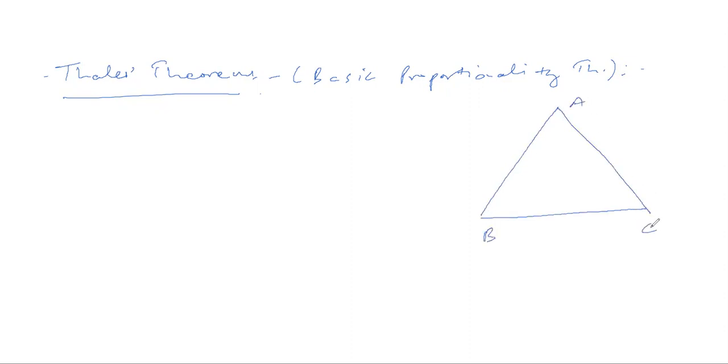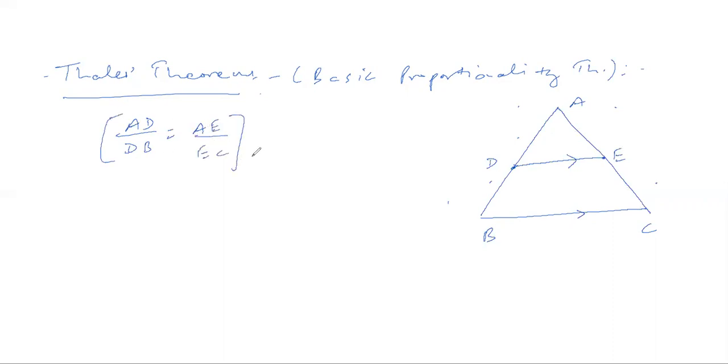What we do in this: if a triangle is given to us, suppose the triangle is ABC. If we draw a line which is parallel to the base, like this, suppose this line is DE, right? What this theorem says is that if we draw a line joining two points on the two sides of a triangle, such that the drawn line is parallel to the third side, then this line DE divides these two lines, AB and AC, in the same ratio or the same proportion. So its statement says that AD upon DB will be equal to AE upon EC.